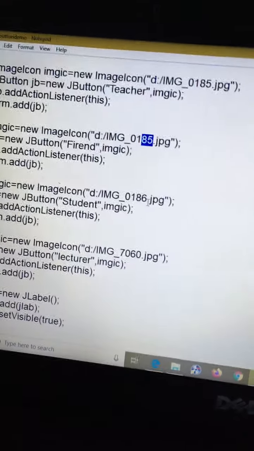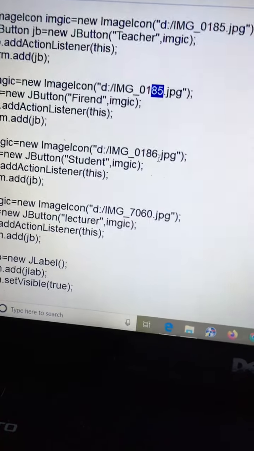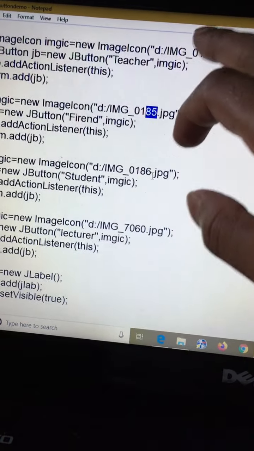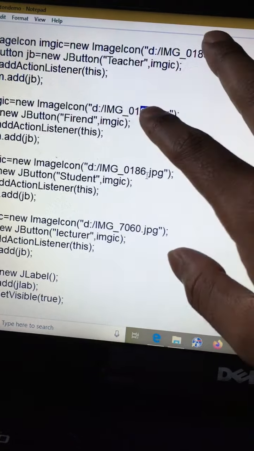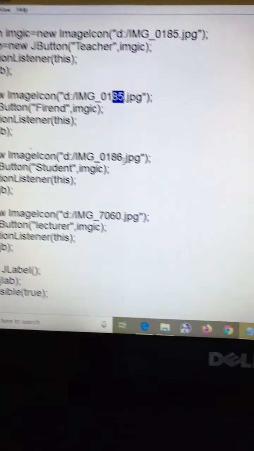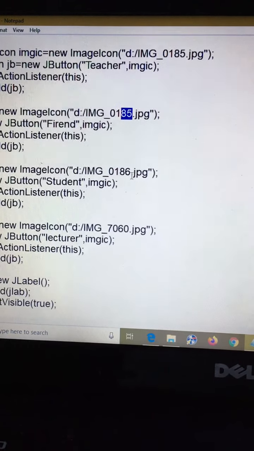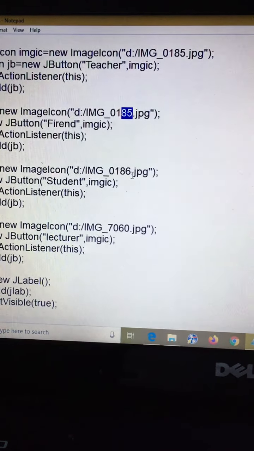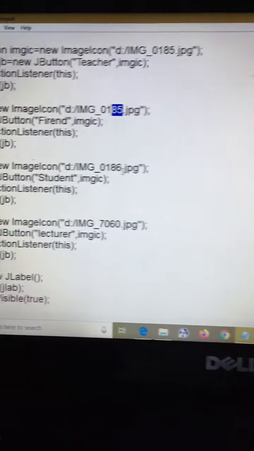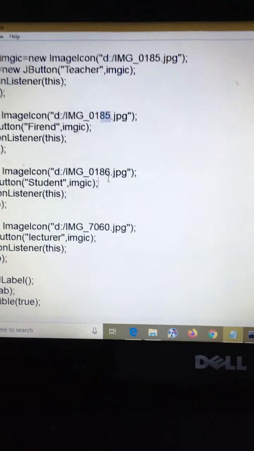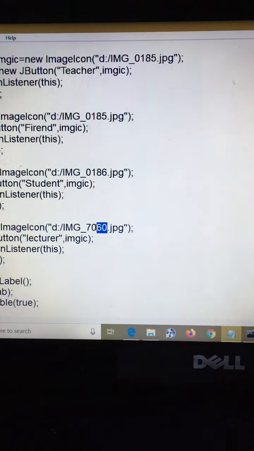You can take any kind of images. Here I am taking 2 images, and the 2 images are the same. Because of the lack of images in my laptop, I am taking the same image for 2 JButtons. Here the image is different and here also a different one.